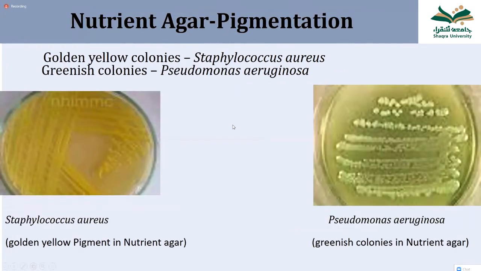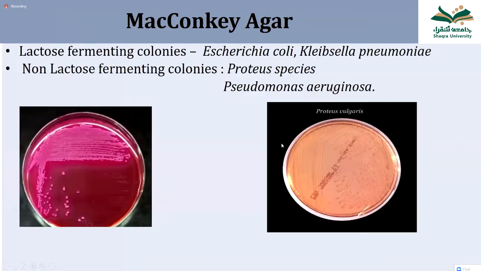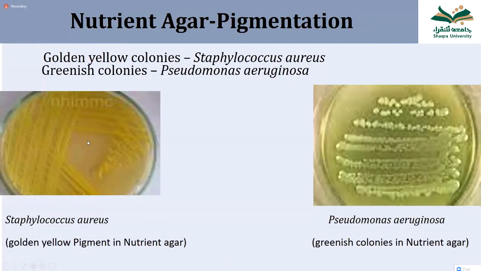And this is nutrient agar. The nutrient agar was not shown here in the beginning, but if you see the previous lectures, previous block, it is a medium without any color. See here, this is blood agar, red color. This is chocolate agar, chocolate color. Nutrient agar is colorless. Upon growth, there is no color in the center or in the periphery. So if color appears in the nutrient agar, that color is formed by the bacteria.